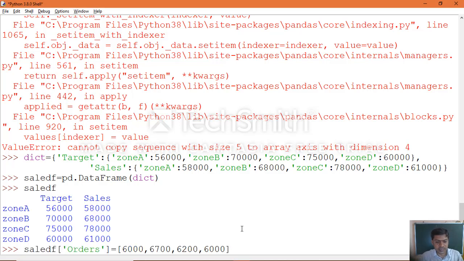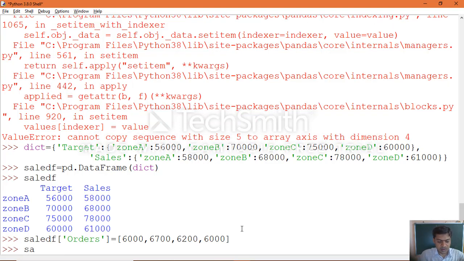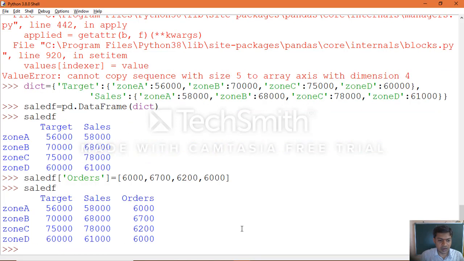We are adding the orders to this existing data frame, with whatever values they specified for each zone, the count of orders. So we added it. Now print the data frame object and you will see the newly added orders.